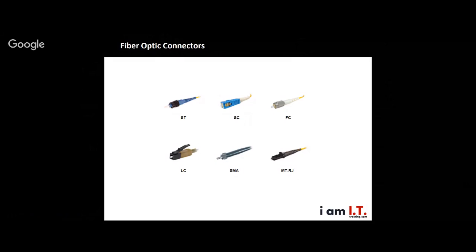Next to that is SC, subscriber connector, or what we usually just call a standard connector. It's a box-shaped connector and it snaps into place. And they're really mostly used in what's called a duplex configuration, which are two fiber connectors, and they come together within your SC connector. And this is used with single mode fiber. Now I want to stop here and talk about